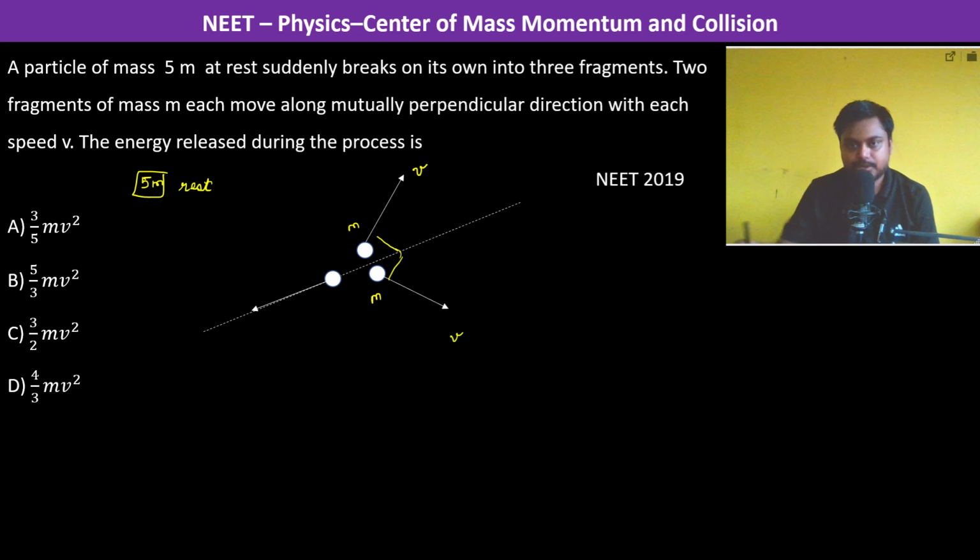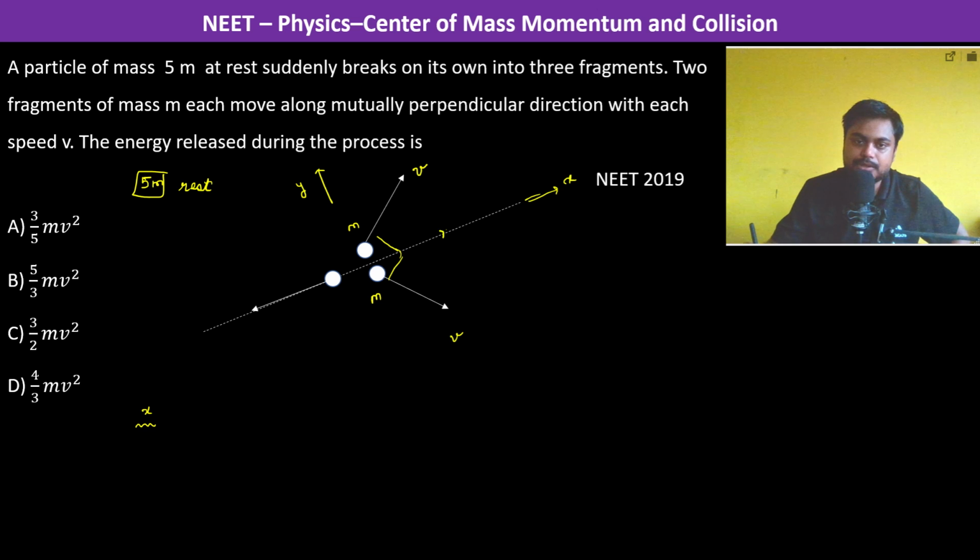So we are taking a line along the angle bisector of these both velocities v. Let us take this as x, and this direction becomes y. Therefore momentum has to be conserved in both the directions x and y. So if we see in the x direction, we have